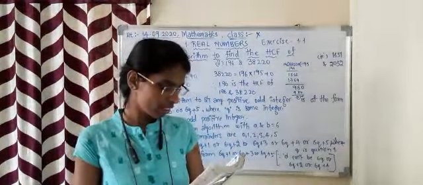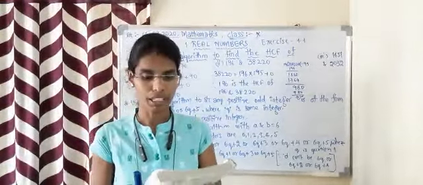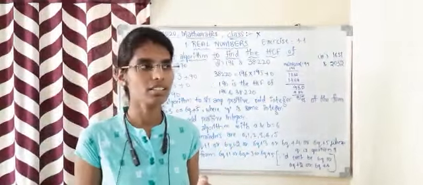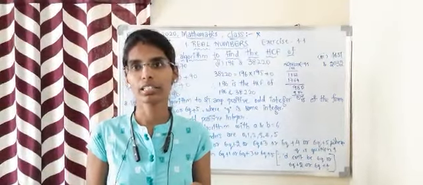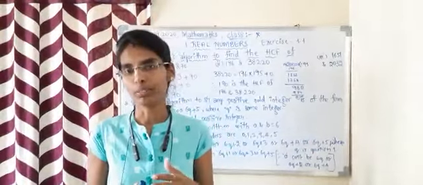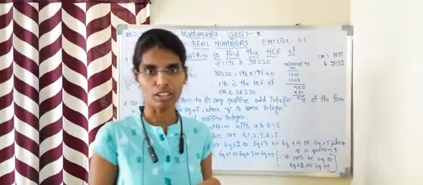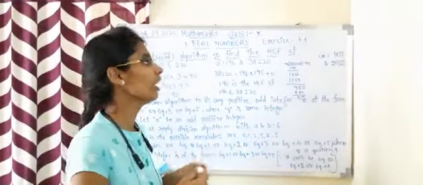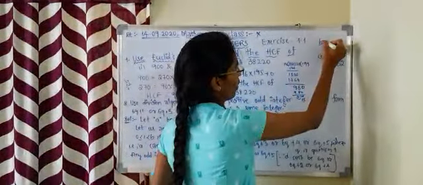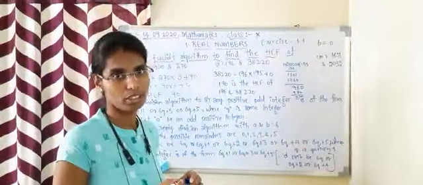Although Euclid's division algorithm was stated only for positive integers, it can be extended for all integers a and b where b is not equal to 0. Normally Euclid's algorithm is applicable not only for positive integers, we can also calculate it for negative integers, but we will not be discussing negative integers here. For negative integers, we should remember that the b value, that is the divisor, should not be equal to 0.